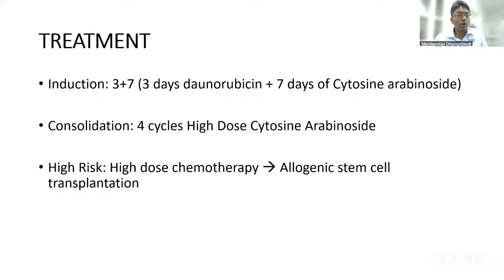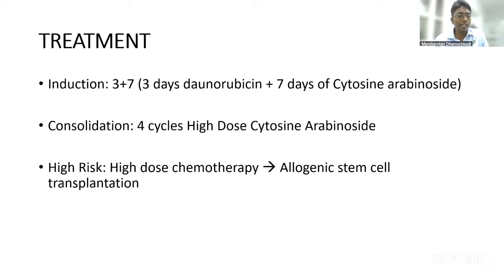The treatment for all AML is very, very intense, wherein there is something called the induction 3+7 regimen, wherein 3 days of daunorubicin and 7 days of cytosine arabinoside chemotherapy is given. The patient becomes very neutropenic for the next 2 weeks, wherein the patient can have bleeding, for which we need to supplement with platelet support and FFPs. If any fever, we need to escalate to the highest antibiotics.